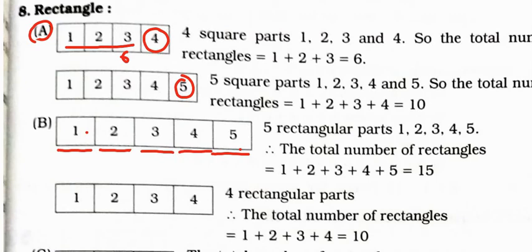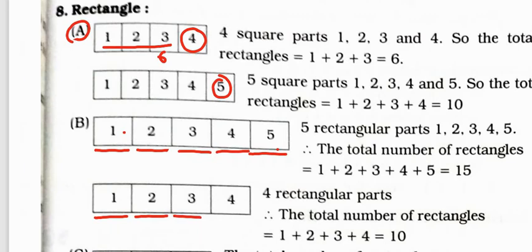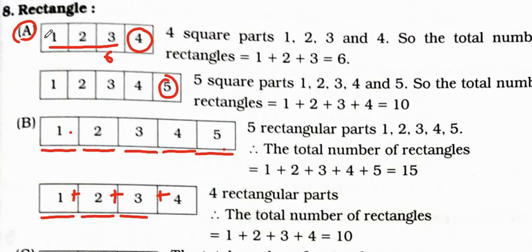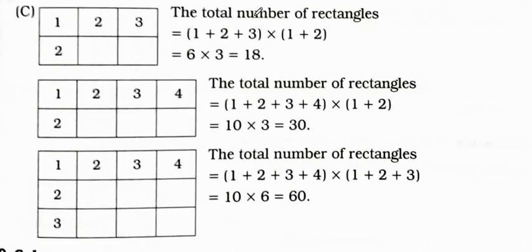Then here, see, rectangular parts are there, this is a rectangle. Okay, and that's why I add 1 plus 2 plus 3 plus 4, that is the total number of rectangles, 10. If there are squares like this in the figure, only then remove the last number, and if there are rectangles like this in the figure, then add all the numbers. Now see in this figure, when the figure is not uniform, on this side there are 3 rectangles and on this side there are 2 rectangles.